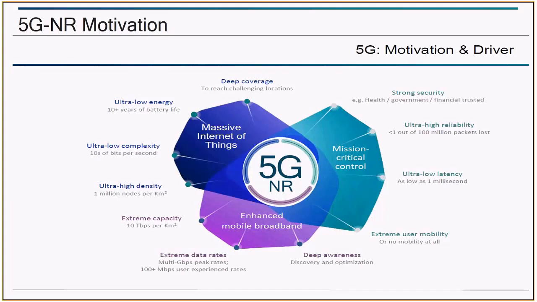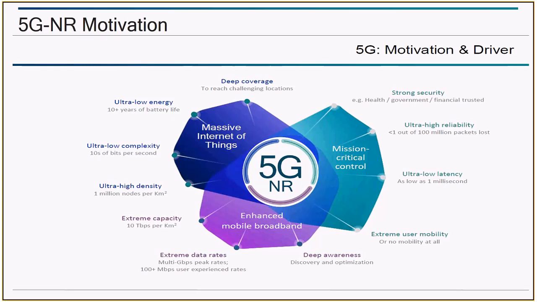3G, which was about 5 megahertz if you look at the WCDMA world, and if you look at the CDMA world, around 1.28 megahertz or ballpark in that range. 4G brought it all the way up to 20 megahertz, and with CA, you can do up to 100 megahertz. What 5G tries to do is get a bandwidth of about 100 megahertz in frequency range 1, which is till sub 6, and a maximum bandwidth of around 400 megahertz in millimeter wave.